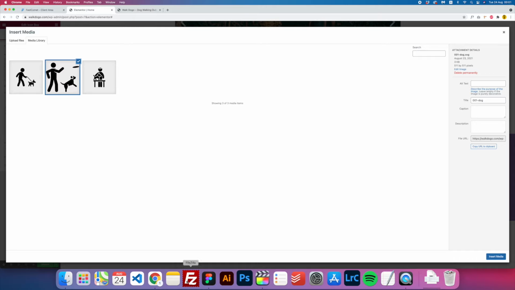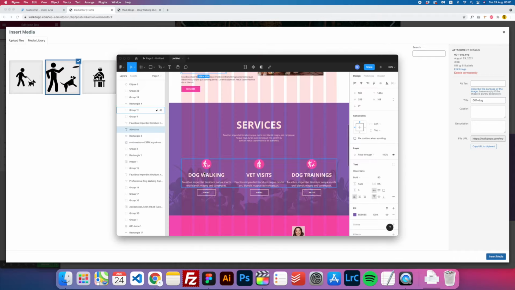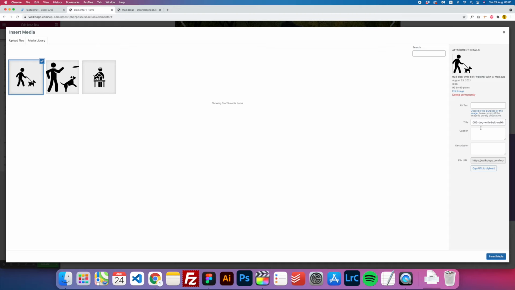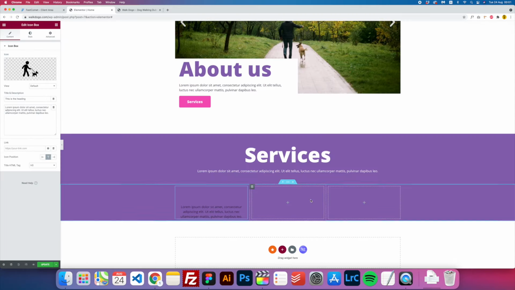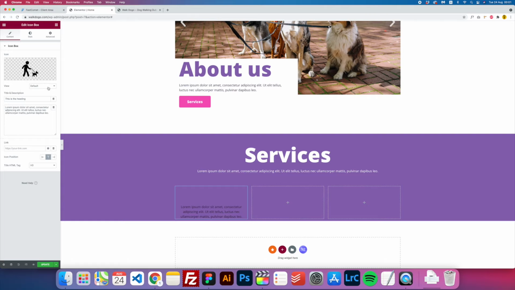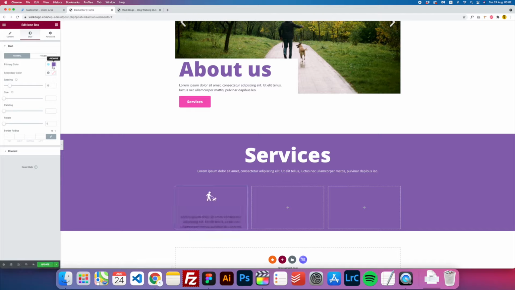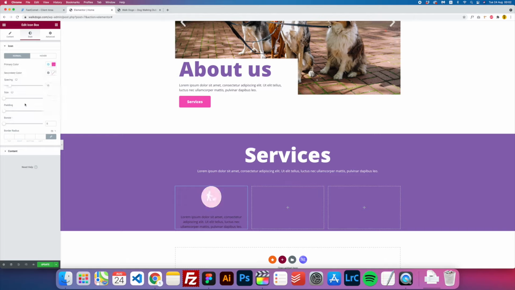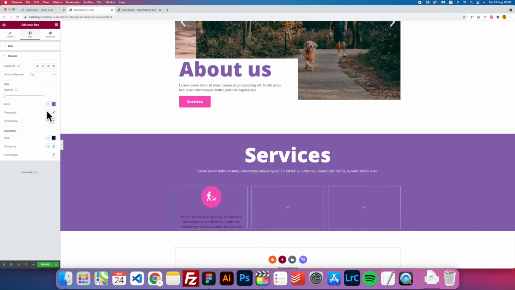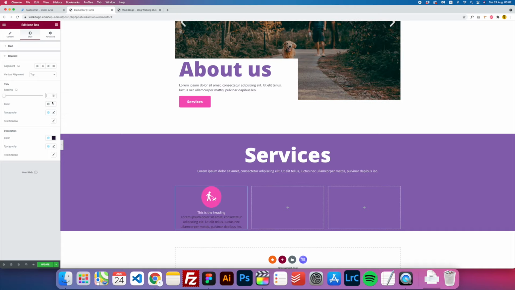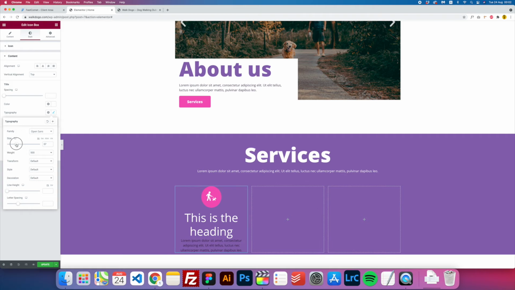So once you drag and drop your icons, let's go and choose the icon that we want and click on the insert media. Let's click on the view. Inside the view, let's click on the default and choose the stacked. And now we should see something like this. Let's go to the style, and let's choose the primary color to white, or no, sorry, the primary color to accent. And now click on the content and choose the title color to white, and we're gonna increase the size,